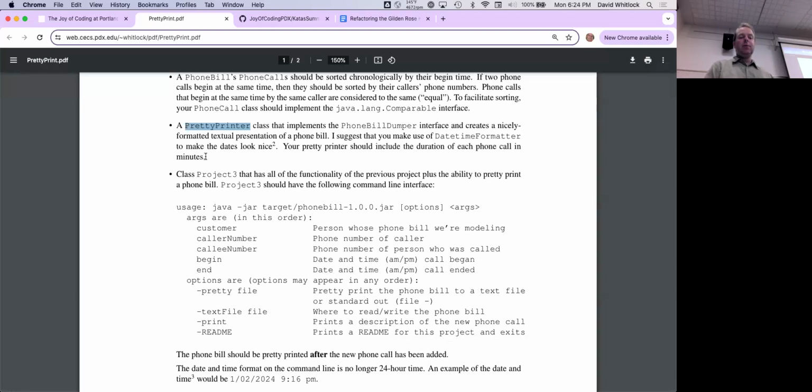And I encourage you to study the hierarchy of writers, the Java I/O Writer class, to figure out how best to have your pretty printer handle potentially different output destinations for the pretty text.